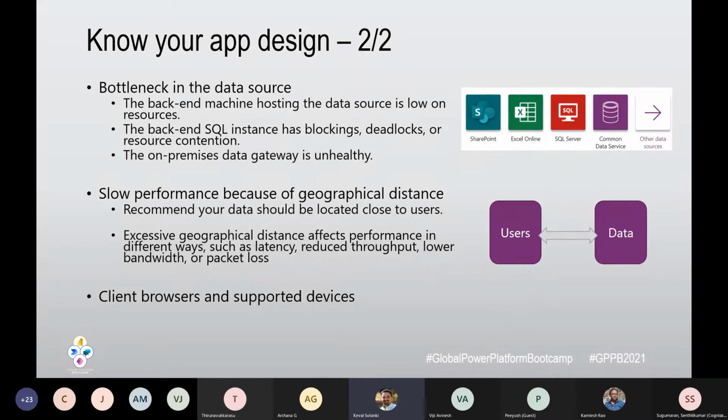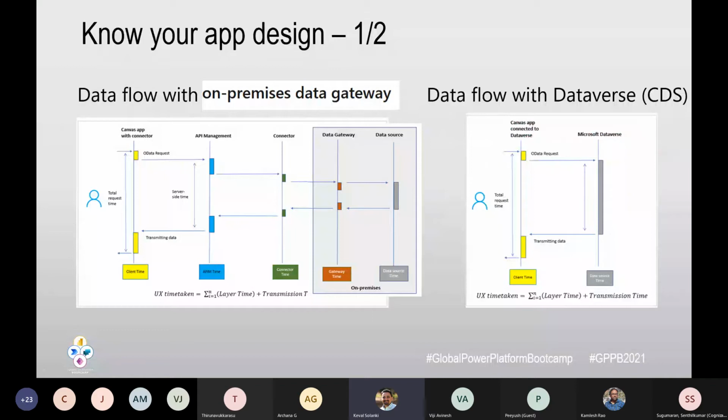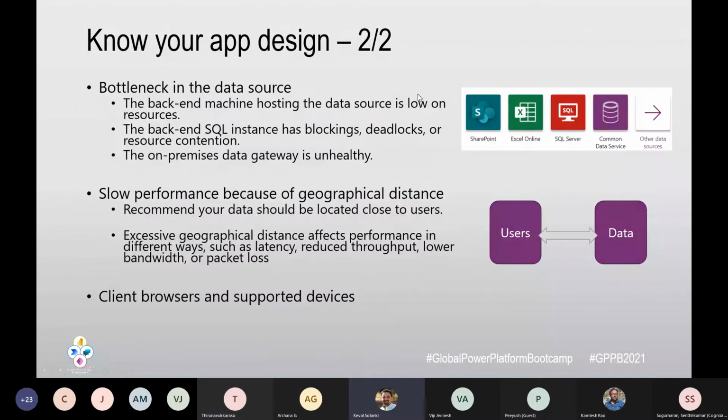If you're working with a SQL instance, then you need to check performance tuning from the SQL side, like deadlocking, and using views and different kinds of things. As we mentioned, there are many layers which affect the performance, but this is some of the most critical part that you need to work on, which is the data source.